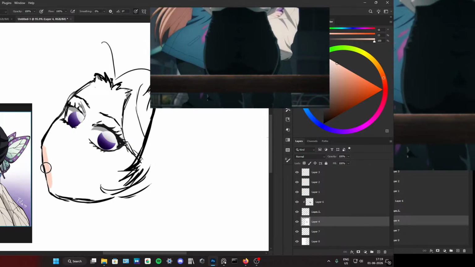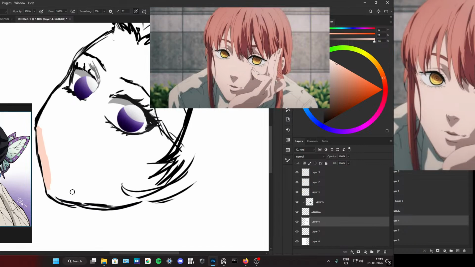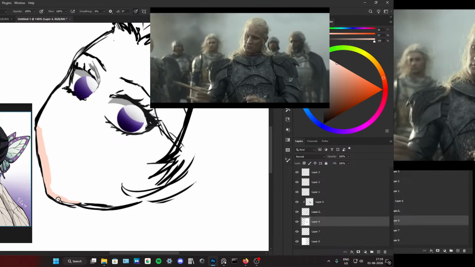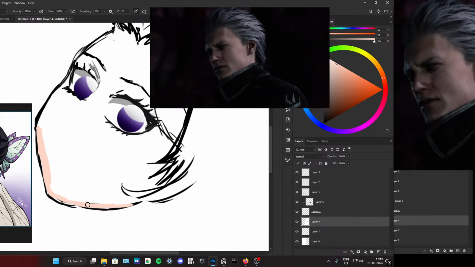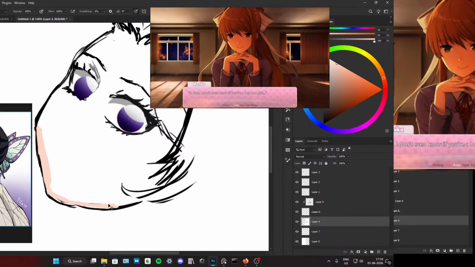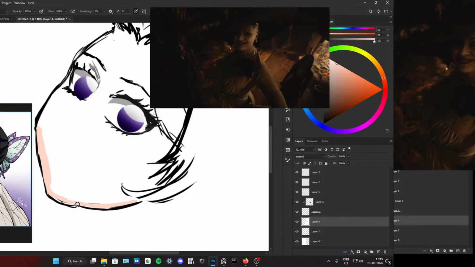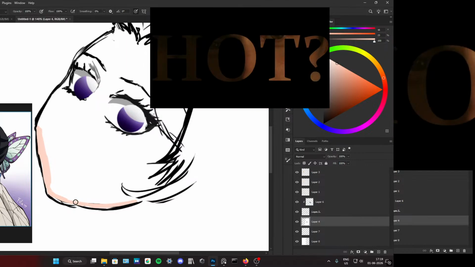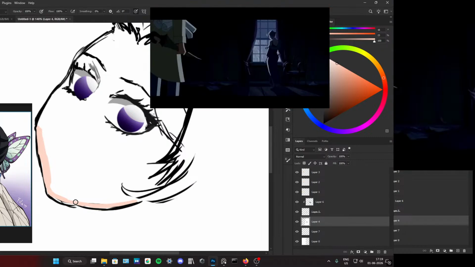And this is what I want to talk about today, because the same could be argued of Makima in Chainsaw Man. The same could be argued of Daemon Targaryen in House of the Dragon, Morinth in Mass Effect, Virgil in DMC, Monica in Doki Doki, Kafka, Himiko Toga, Azula, Zenin Ryerson, Lady Dimitrescu. Why is evil so hot? That is the question I pose to you today, and I promise it is a question with a deeper answer